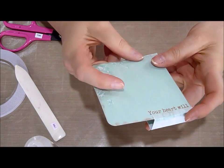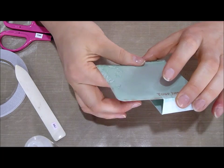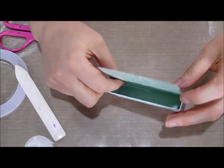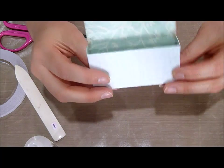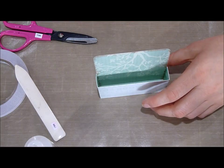So just making sure that's stuck. If you wanted to, you could use your tweezers and pop them on. Our tweezers stay shut. They're like reverse ones, you have to squeeze them to open, so you could put them on to give it a chance to dry. So that's your basic little box, but it could fall over a bit, so we're going to add the support